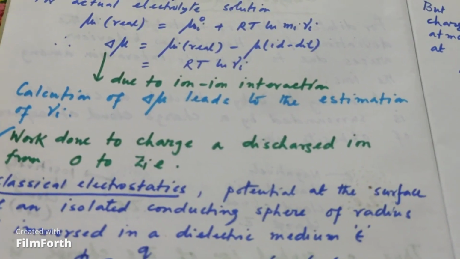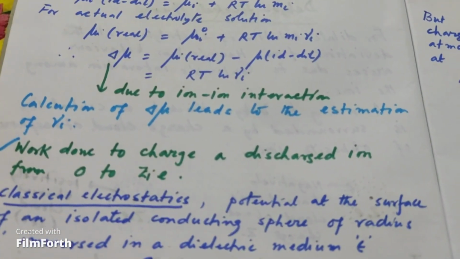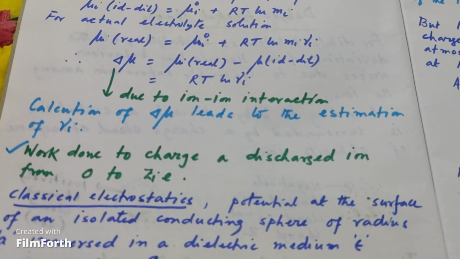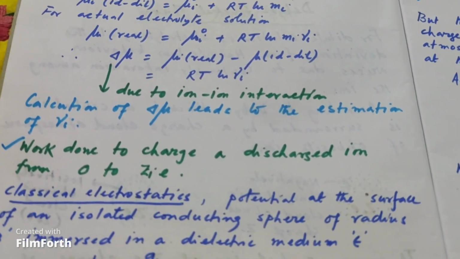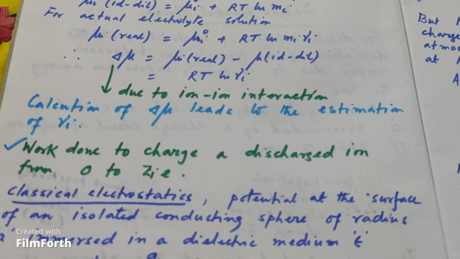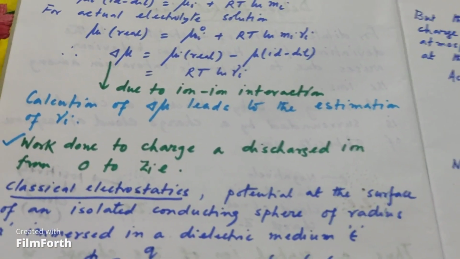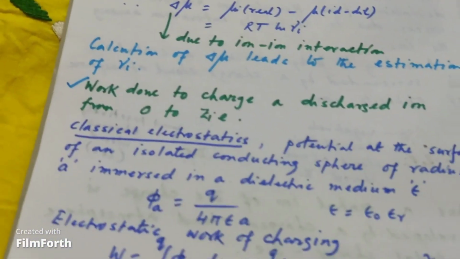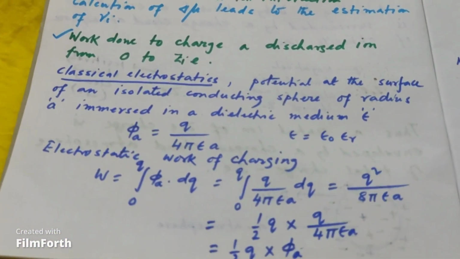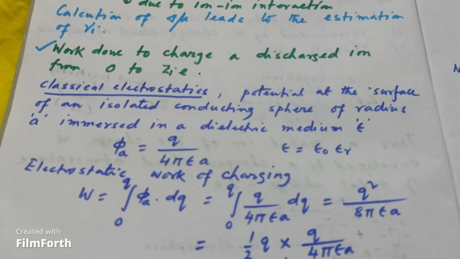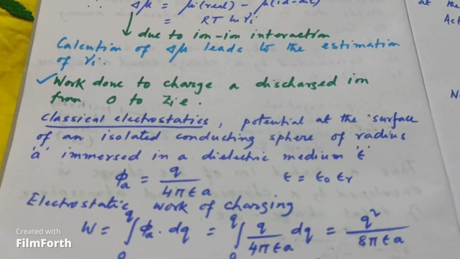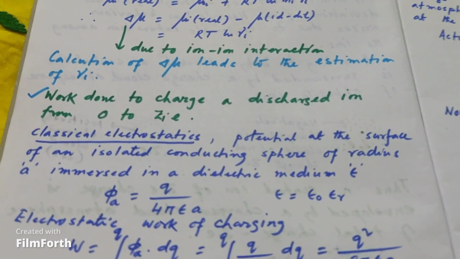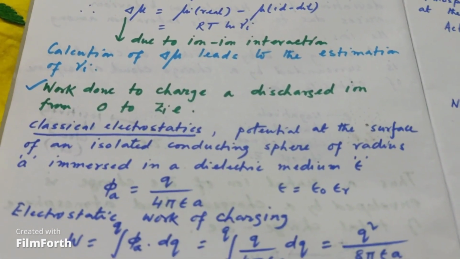Because del mu is related to the work done: non-mechanical work done is related to the Gibbs free energy change, and Gibbs free energy change per mole is related to the chemical potential. So if we can calculate the work done for charging an ion from 0 to Z_i e charge,